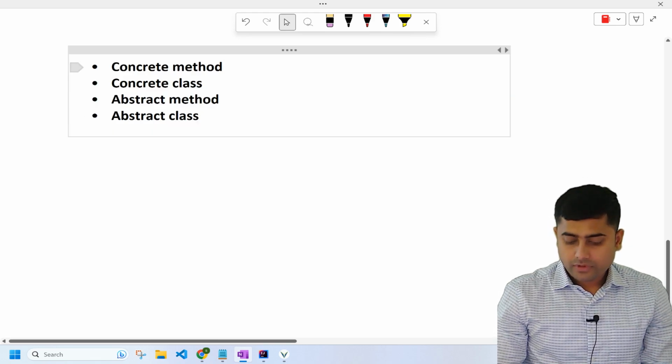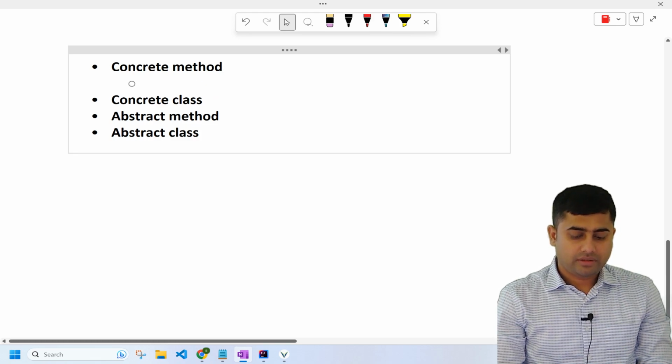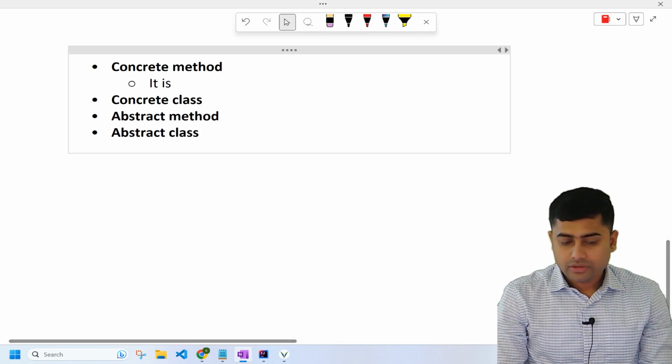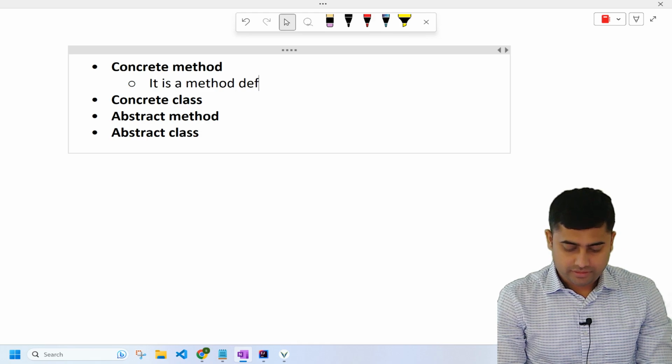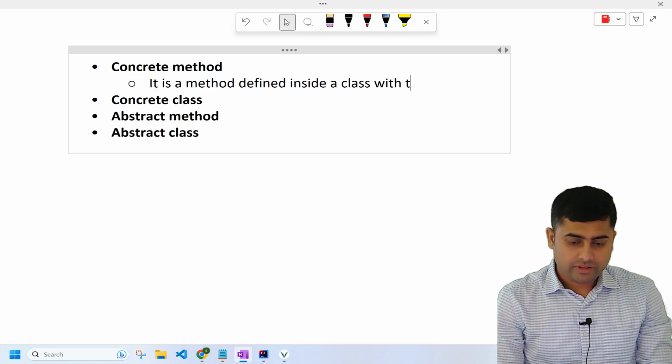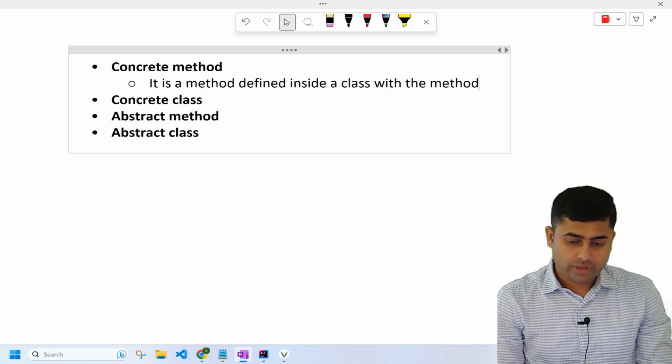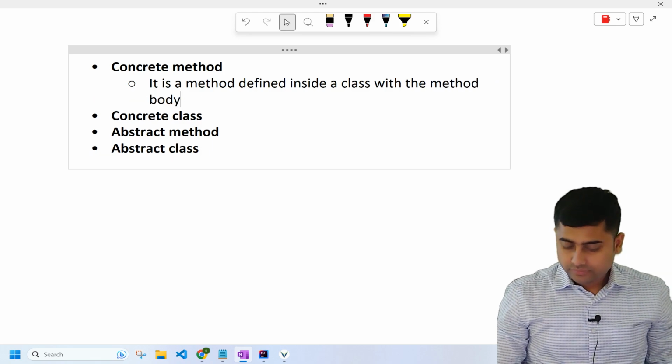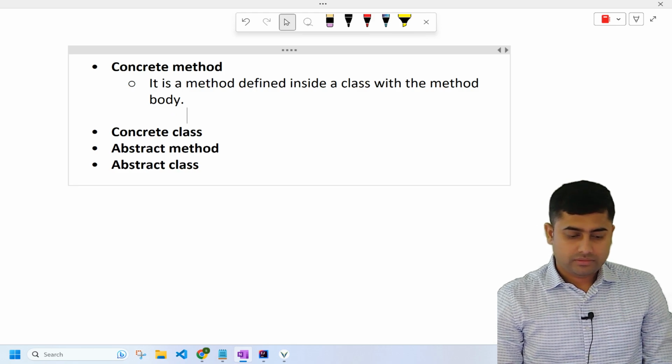Now let's try to understand this concrete method. It is a method defined inside a class with the method body. Example,